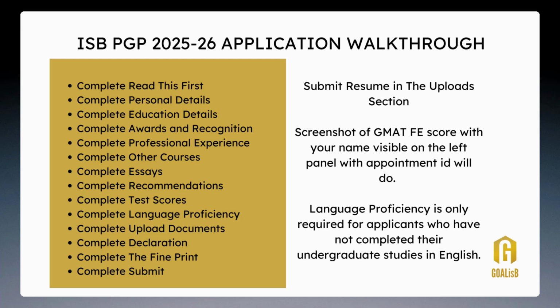The first section is where you add your personal details, then you go ahead with your education details. The instructions for the sections are mentioned in each of the individual areas where you have to fill in the details. Add your awards and recognition, add your professional experience. When you're adding your professional experience, this time there is no space to write about what you have done or any roles and responsibilities, etc. So all of this goes into the resume. There is a resume format in the upload document section. You can download that and prepare your resume to submit along with your application.